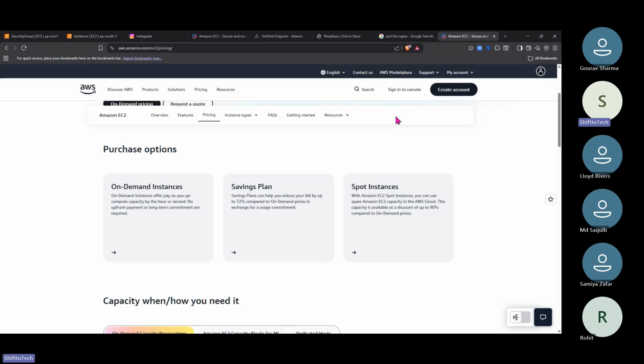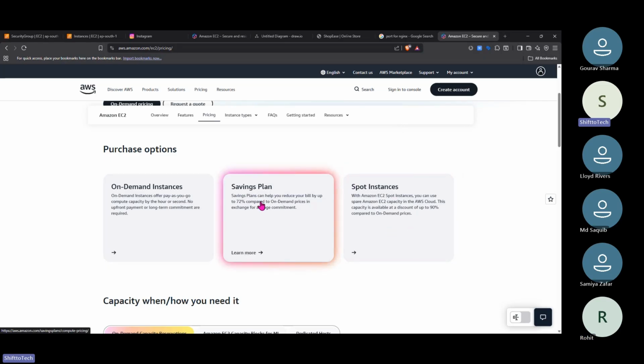AWS will find some person. Like suppose Lloyd came to AWS and is asking, I need this server. So what it will do? These servers it will take from you and give it to Lloyd. That is the difference. In AWS, they have some free servers which are not in use right now. That's the reason they are providing them at a 80 to 90% discount. This is the spot instance.